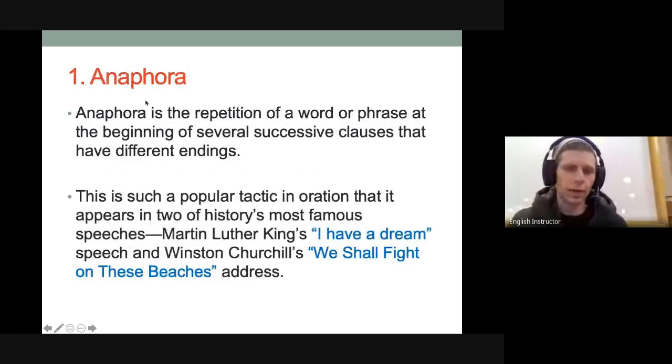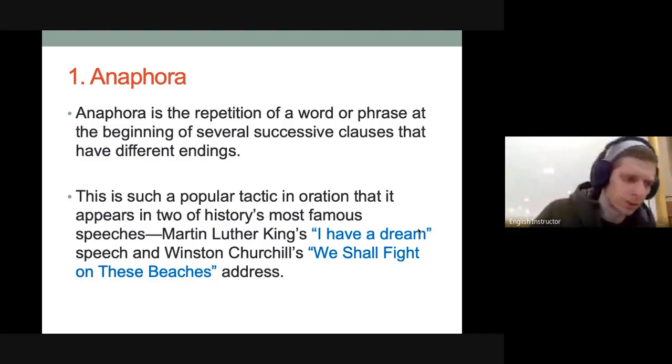So anaphora is the repetition of a word or phrase at the beginning that have different endings. If you're interested in that, something like Martin Luther King Jr.'s I Have a Dream speech, or Winston Churchill's We Shall Fight on the Beaches address. Both of them use the beginning of this phrase consistently throughout their speeches. So, with Martin Luther King, he said, I have a dream, that such and such,